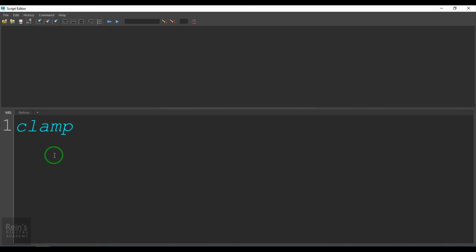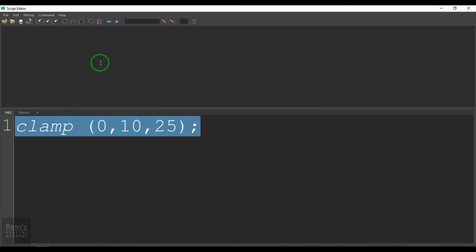Then I put a space and two brackets, and between these two brackets I'll put a value of 0, comma 10, comma 25, and end the expression with a semicolon. Now select that and execute the command.